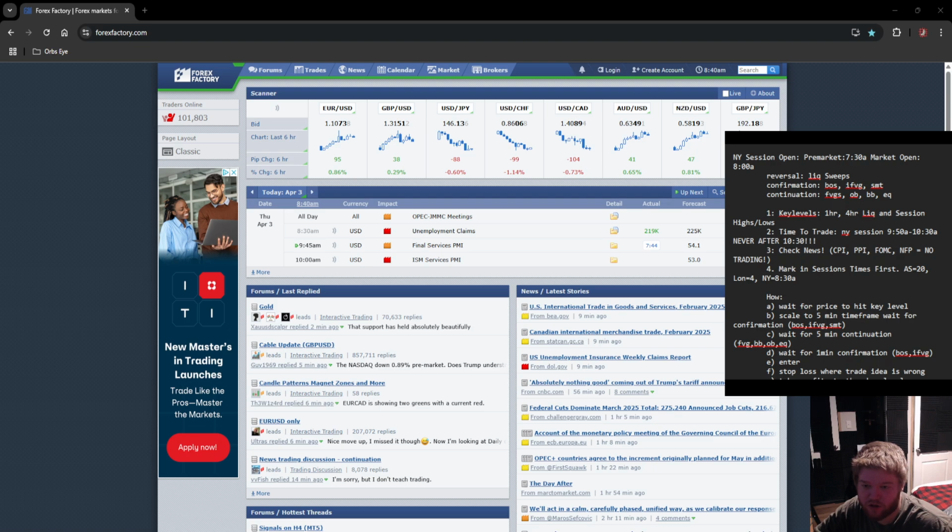This is a brief accumulation zone. As you can see here, I'm looking at this key level. We did hit this key level. We swept this low here. I think